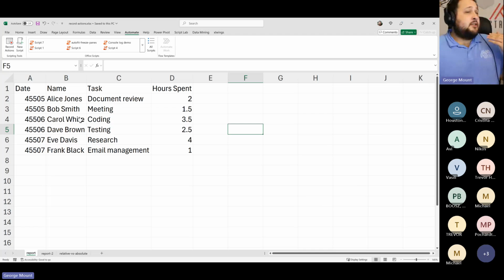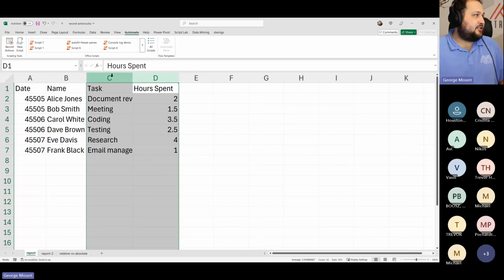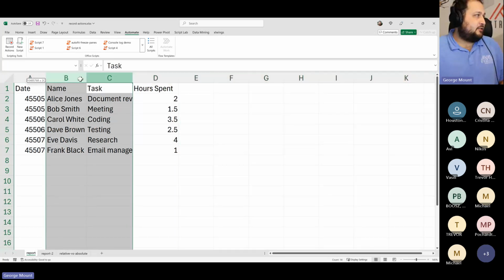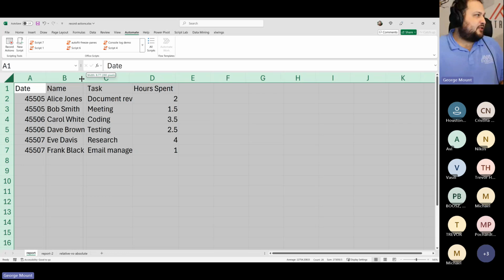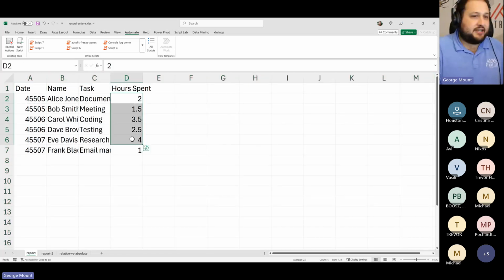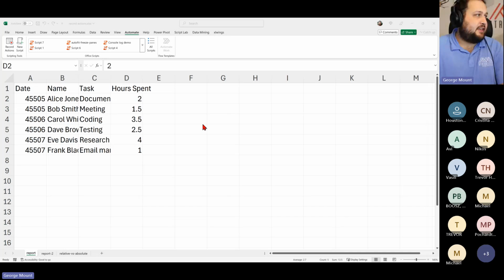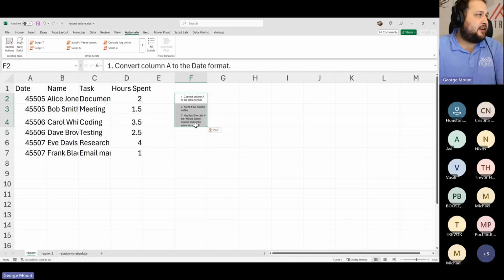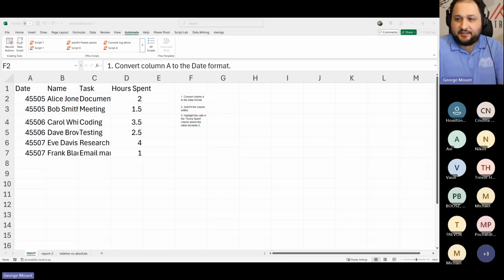All right. So we are going to set up a script for this. And you know what? I'm going to make this even a little messier. Let's just make these columns a little smaller. So you'll see a couple things here. These dates aren't formatted right. They're serial numbers. Maybe I want to conditionally format all the hours spent that are above 3 or something like that, and do those basic kinds of tasks, because I want to auto fit the width. Actually, let's put this over here. Those are kind of hard to see. I'll put this in the chat too.